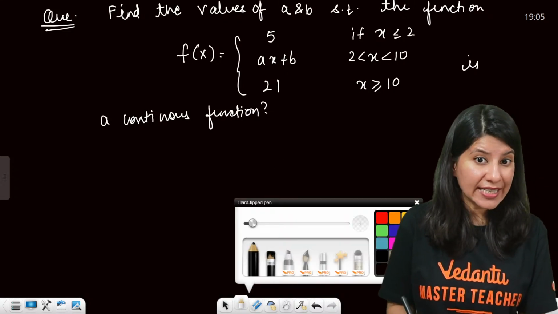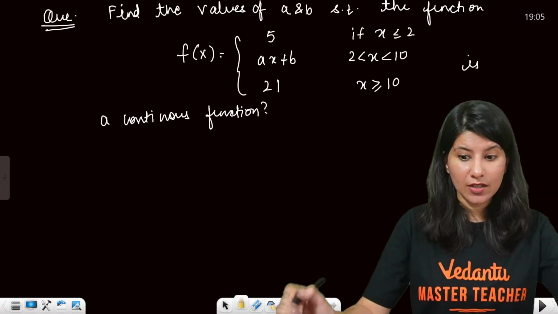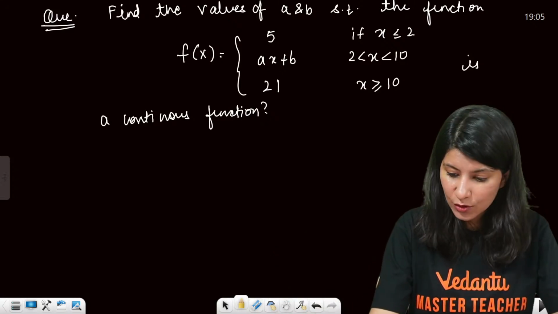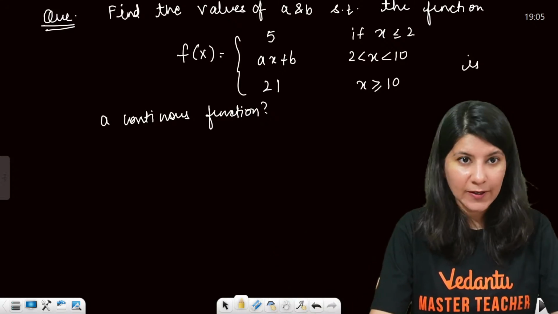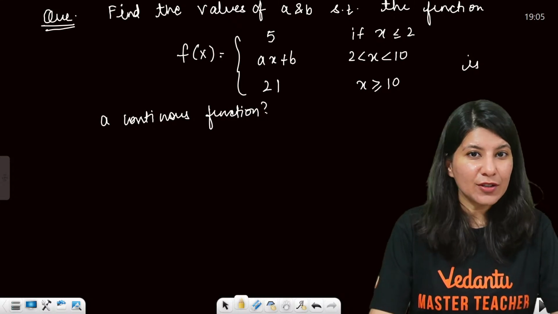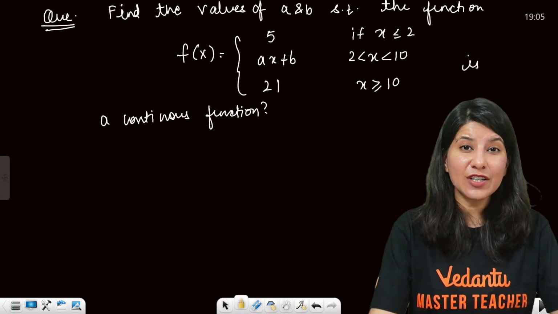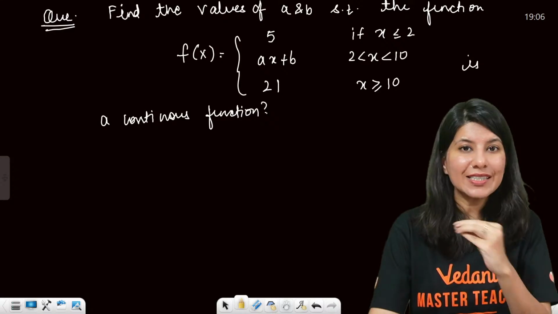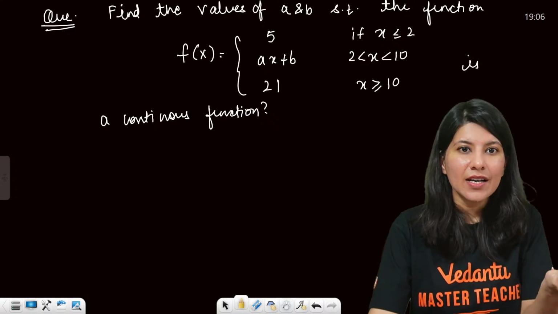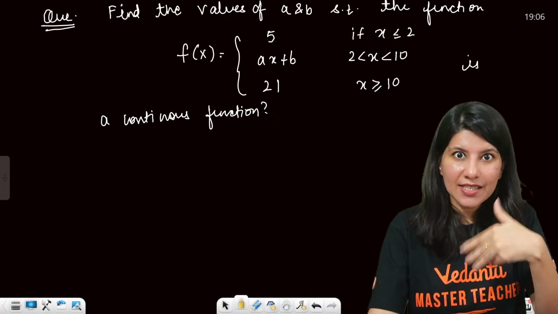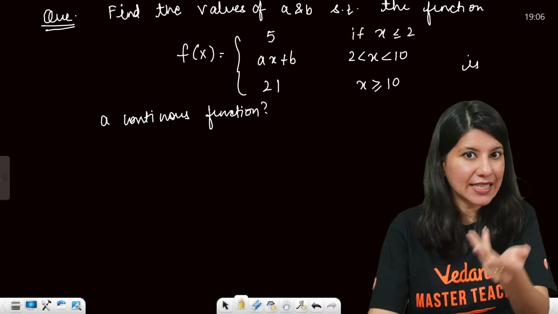Now the things are a little bit trickier. Understand the question nicely, okay Kush, Mohit? Abhishek, are you here? So you have to figure out the values of a and b for which this function is continuous. They have not told us continuous at what, at x equals to this, or x equals to this.